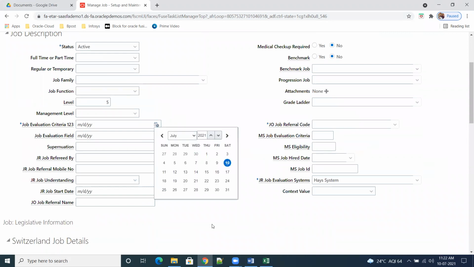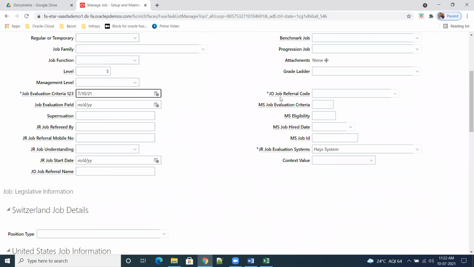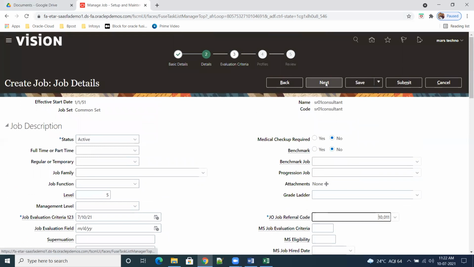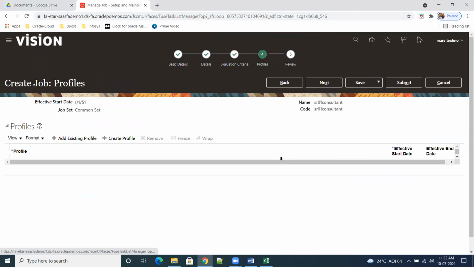Evaluation criteria, give the date of today, and remaining job referral code. So this is also not required. So whatever it is coming, just select it, and the remaining is all SCM related. Okay, click on next. Evaluation and all not required for SCM. So profiles also not required. So next, review that.